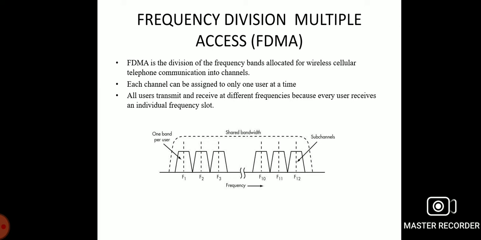In the FDMA technique in the wireless environment, individual users are allotted individual channels. The channel or frequency band is unique for each user or subscriber. The entire allowed radio spectrum is divided into many slices of frequency band, and each band of channels is allocated to each user. The allocation of radio channels can be done on a demand basis.